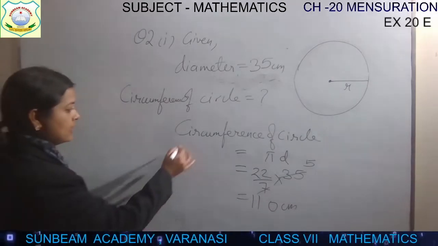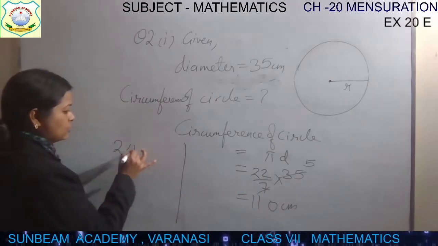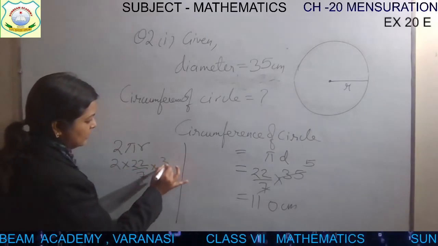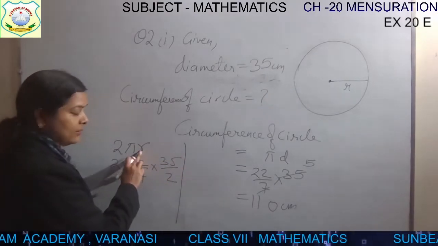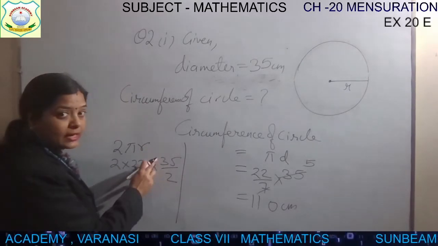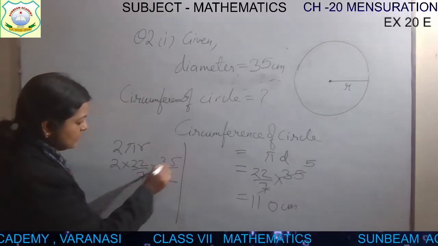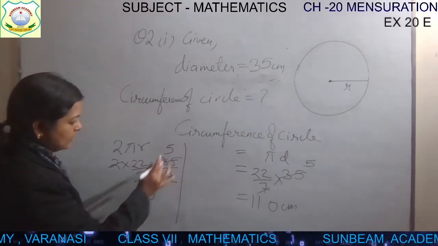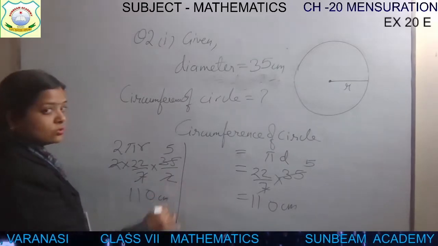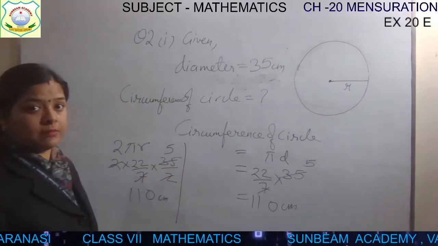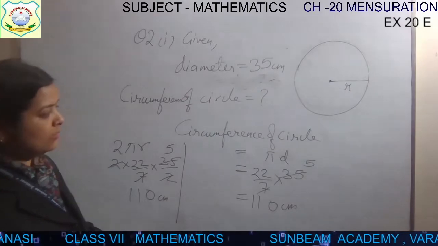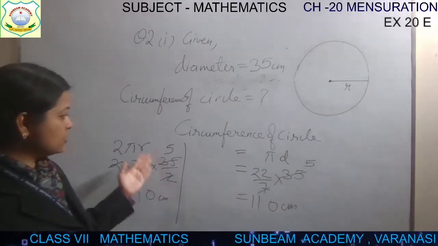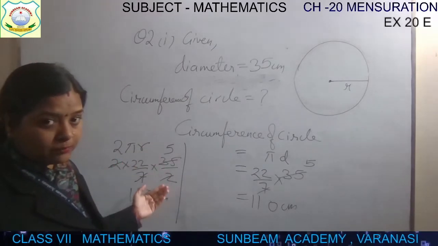One more thing is that you can use 2 pi r also, children. So this will be 2 into 22 by 7 into 35 by 2. Why? Radius is just half of the diameter. So you can calculate. In this case 7 5s are 35, 2 and 2 will get cancelled. 5 2s are 10, and 1, 11. This is also same. Use any of the formulas. In this case you have to put the direct value of diameter. In this case you have to find the radius first and then put the value.